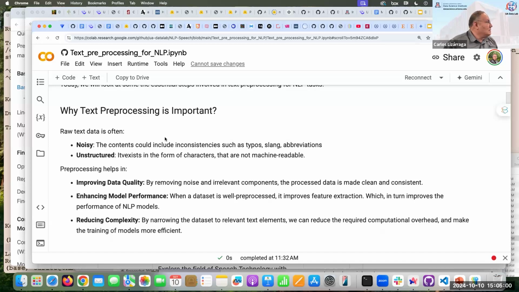So why do we need to do some pre-processing? Well, the reason is that usually the texts we find are maybe noisy. They may contain typos, slang words, some abbreviations, or they can contain some characters that are not machine readable. So we need to do some pre-processing to increase the data quality, also to enhance some model performance, and also at the end reduce the complexity of the